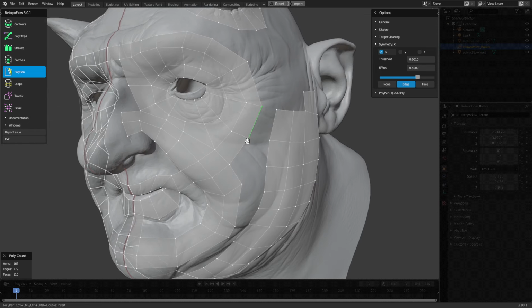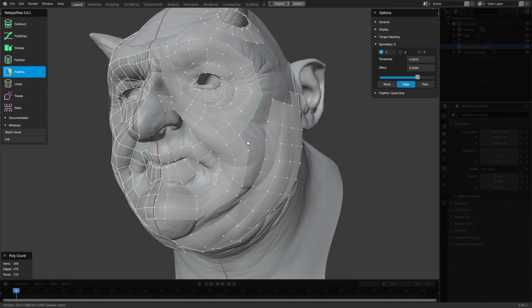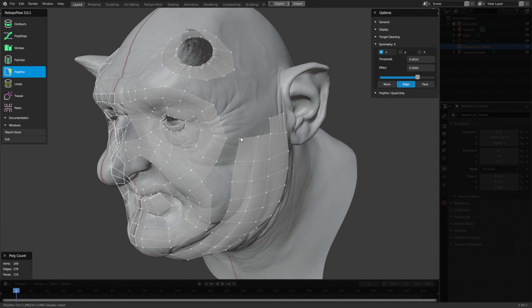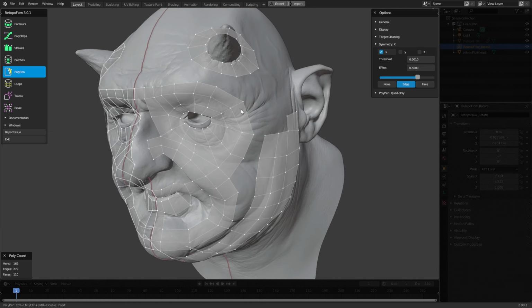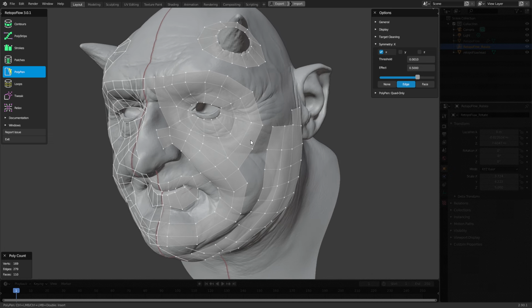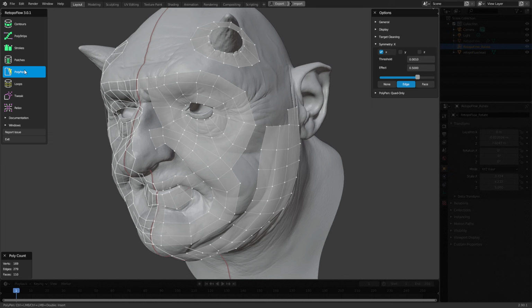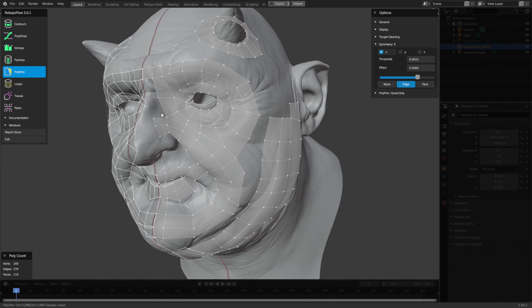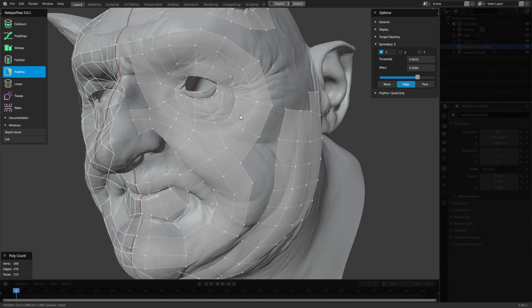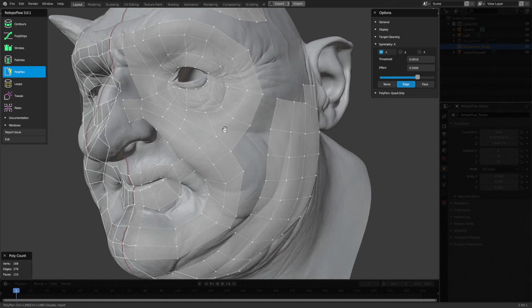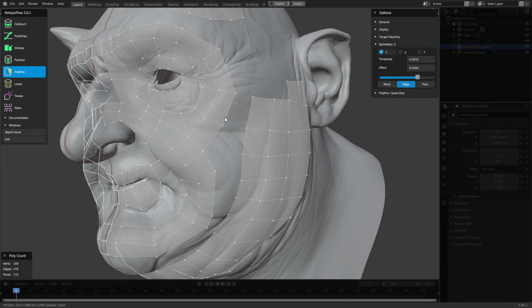So this is where we could keep on going forever with this, but I think we made a lot of our points with how we want to approach retopology in Blender. In short, we block in the important loops first. You can look for reference in order to figure out where those loops are, and use simple tools for this. You don't have to go crazy with something like polystrips or contours. Just use simple tools, use the PolyPen tool, use the strokes tool, and just really quickly or really methodically block in the main loops. Once you've blocked in the main loops, then we can use the PolyPen to connect things up. We can use patches to connect it up,